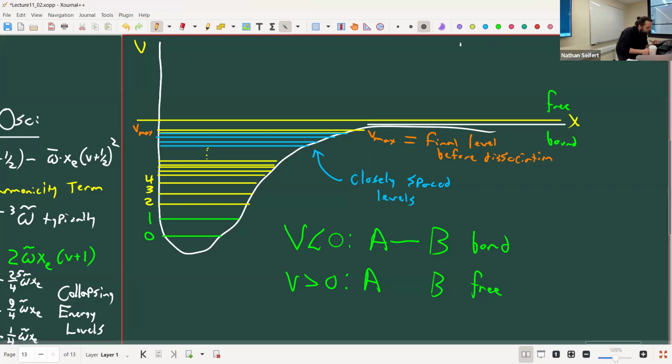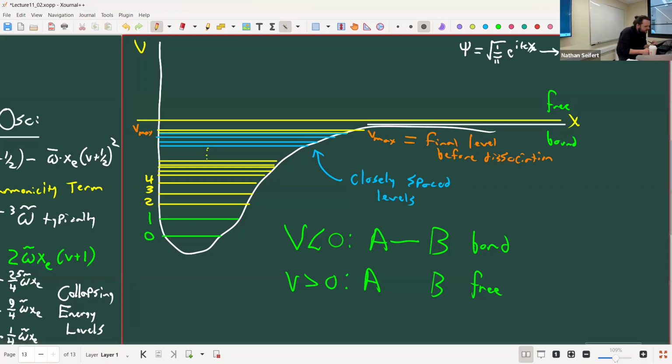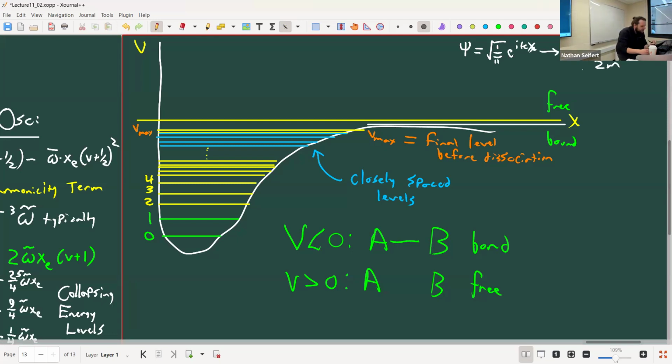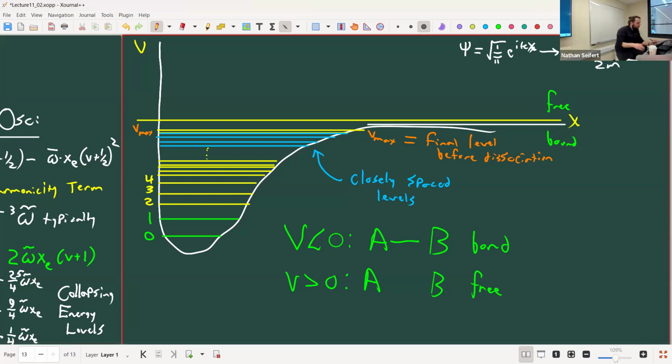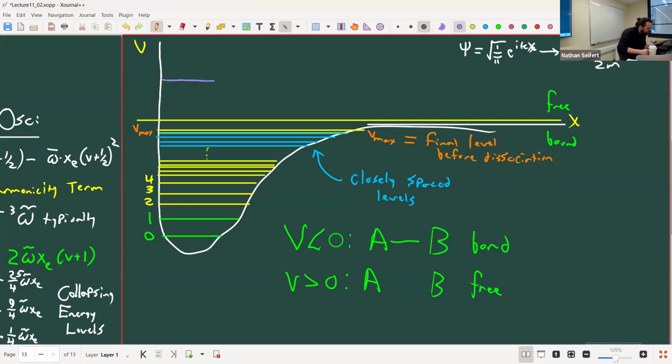Right, remember that the wave function up here is 1 over pi e to the ikx, 1 for each molecule. And the energies of this are continuous: ħ squared k squared over 2m. Continuous. So up here above this level, we just have a band of continuous energy levels,